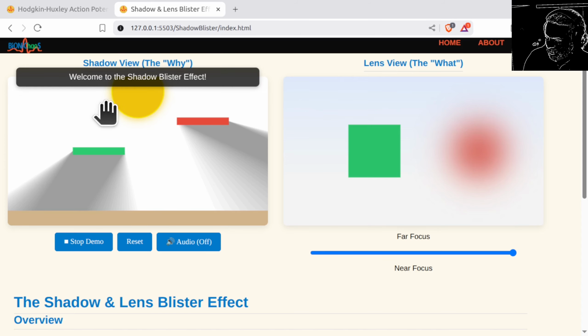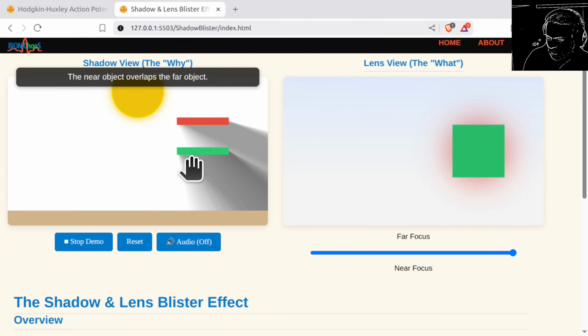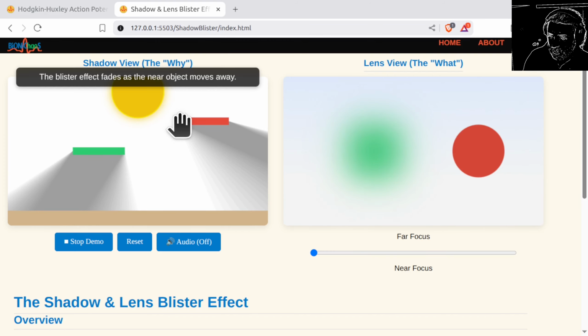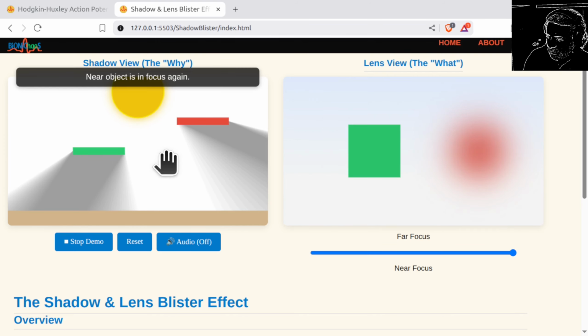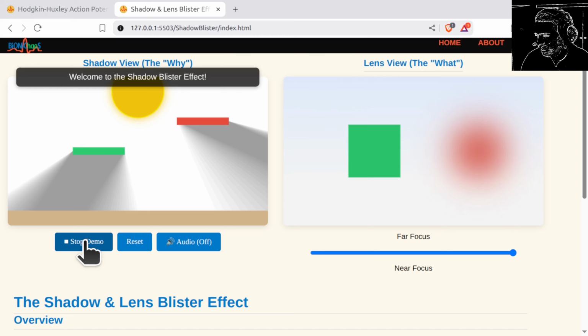Explain the demo mode. So we have the welcome to the shadow effect. Let's see how moving objects are focused, revealed, whatever. But then one object is moving under the other. Is that ideal for showing the effect, or should it be just moving next to it without touching it or something? For the demo mode, having one object move under the other is actually ideal for showcasing the Shadow